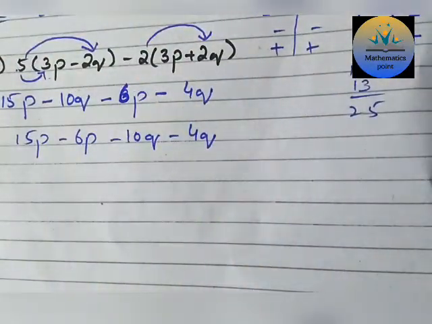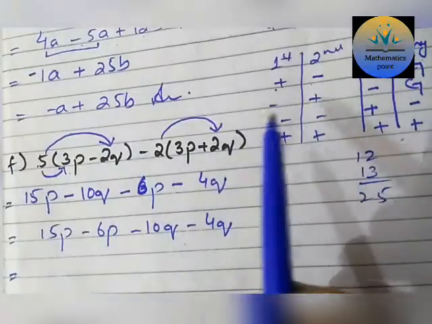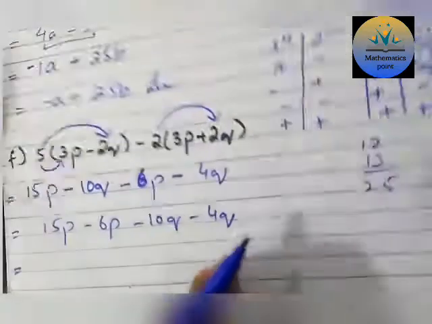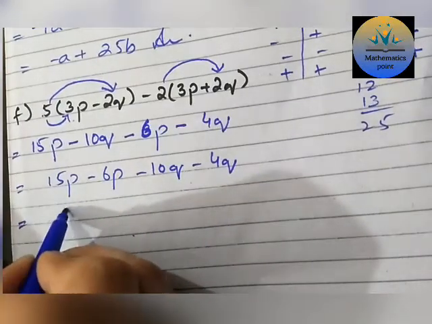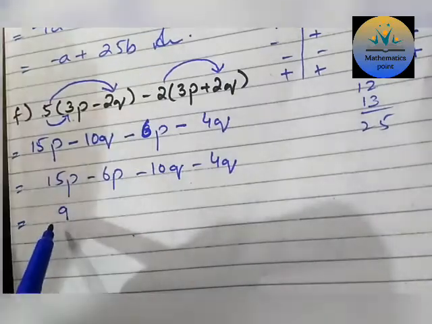So 15 minus 6. Now we have terms with opposite signs. Look at the terms with opposite signs, plus or minus. Terms will be subtracted because we have the opposite sign here. These two terms have the same variable. So 15 minus 6 is 9. The greater term's sign, 15 having the plus sign, so it will be plus.